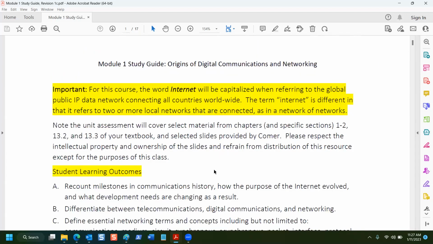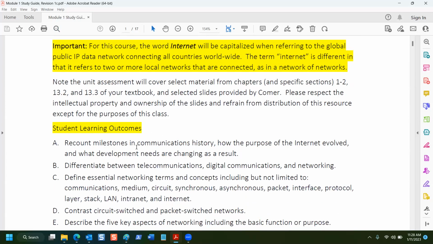So I'm going to be constantly updating the content. You'll see revision 1D, 1E. Every now and then you'll see revision 2, which means I've refactored the study guide, I've revised some of the student learning outcomes.